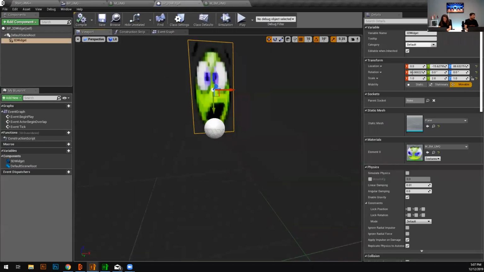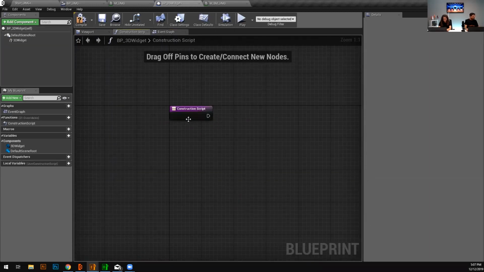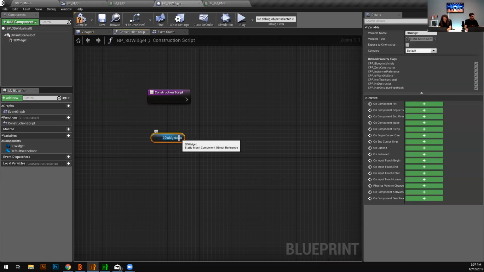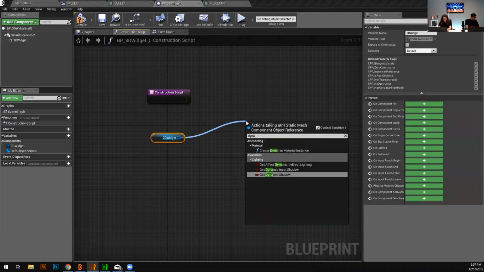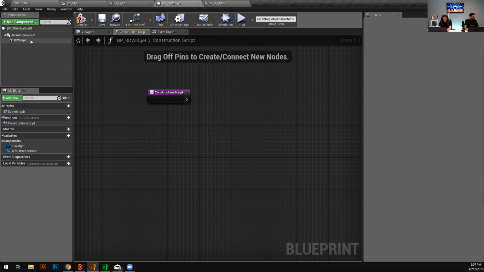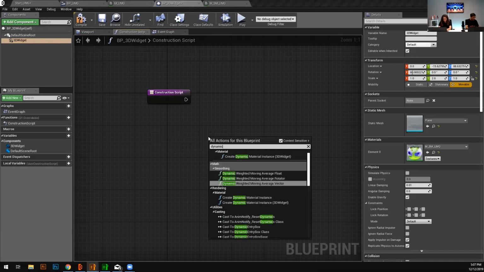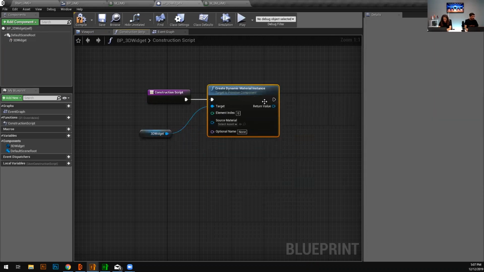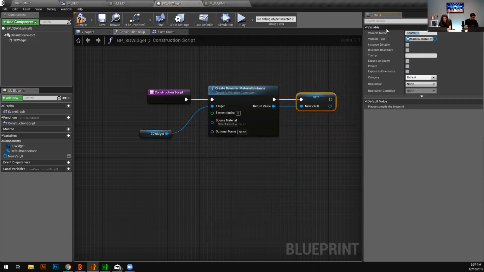Okay, now a very basic setup of nodes on the event begin play, or construction. In the construction script, you just need to create, because you want to change the texture, you need to get the material first. You can do this something like this. Select your 3D mesh, right click, and it's there. It comes with the static mesh also. So you just need to plug it, promote to the variable, name it,